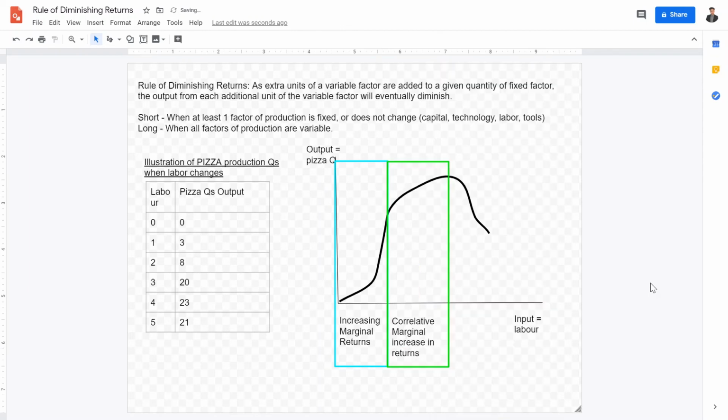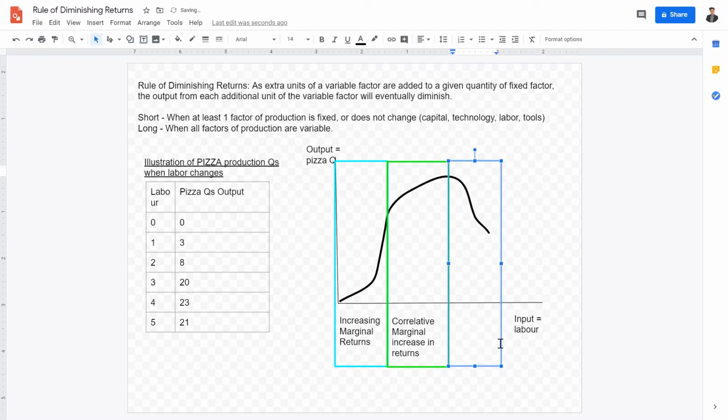This is when the increase in marginal returns starts decreasing. The increase in marginal returns starts to decrease. So we can see the slope of it actually decreasing, and from right here we can see actually diminishing marginal